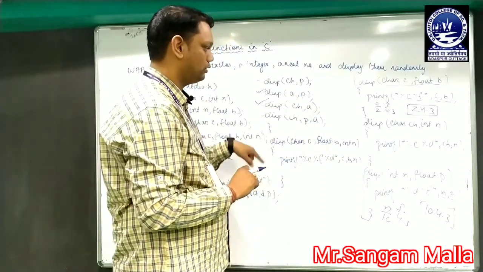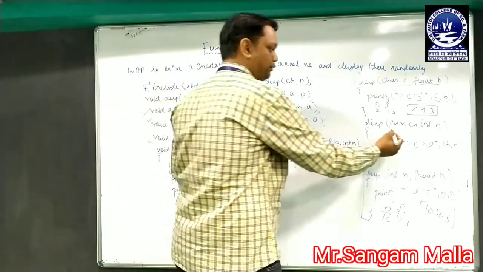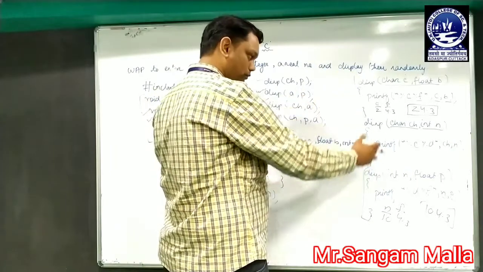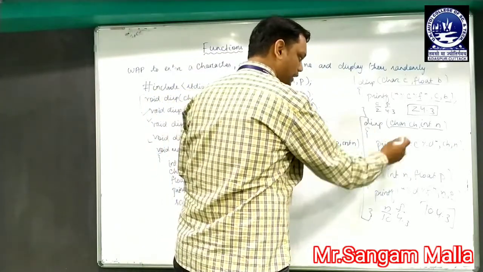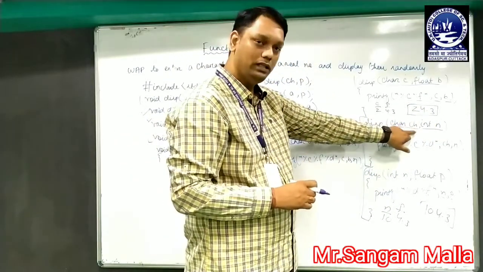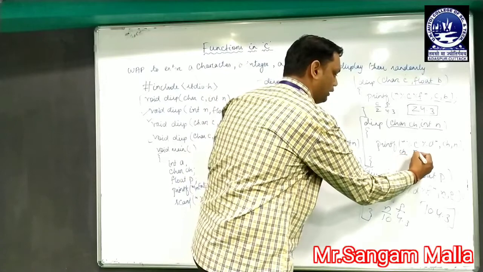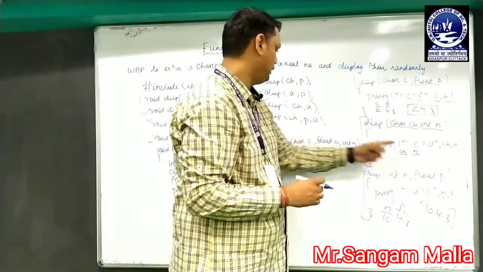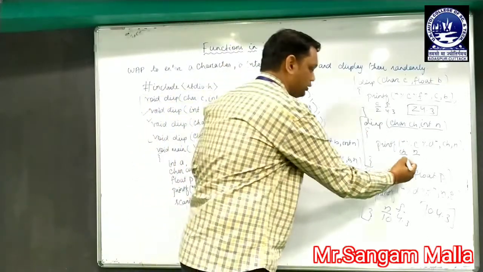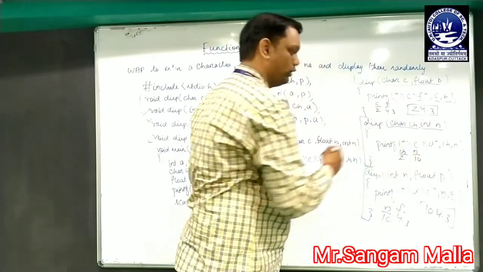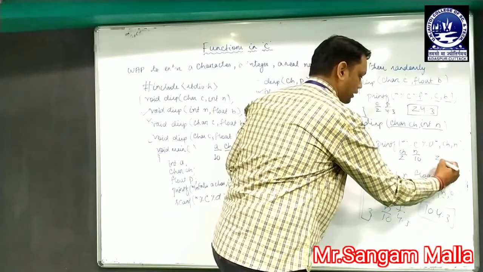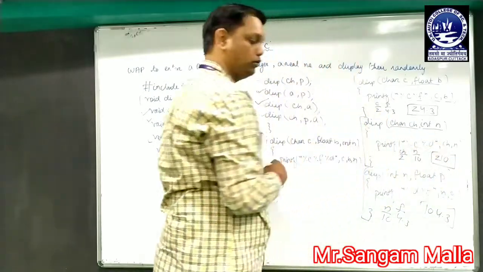So it will search for the function which has the first one as a character value and the second one as an integer value. Among all the functions, this display function carries the first part as character and the second part as integer. So it will be redirected to here. So ch will hold the value of ch and n will hold the value of a, that is z and 10. So z will be stored in ch and 10 will be stored in n. So it will print the value of ch and n, that is z10, which will be the third output.